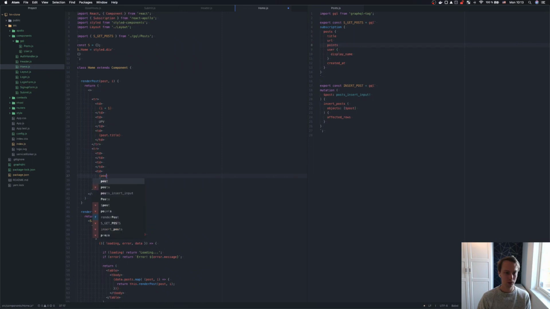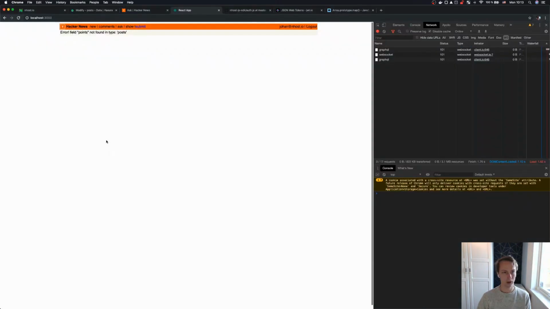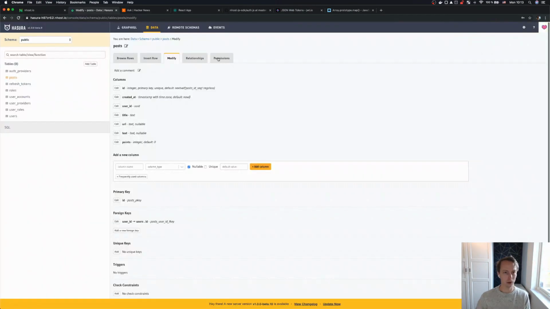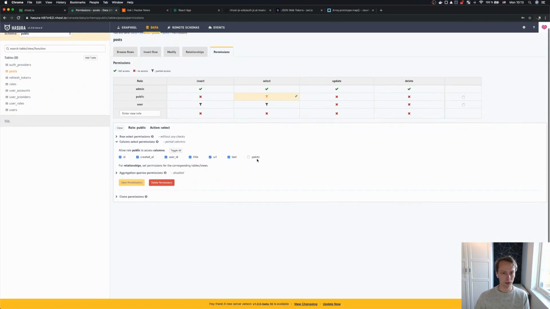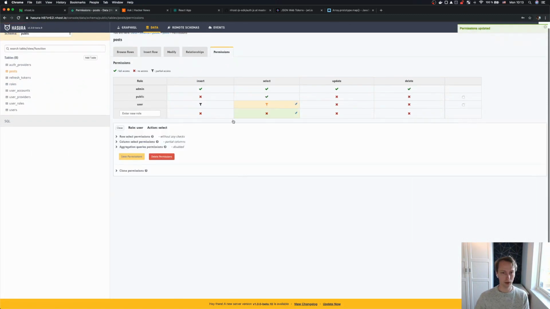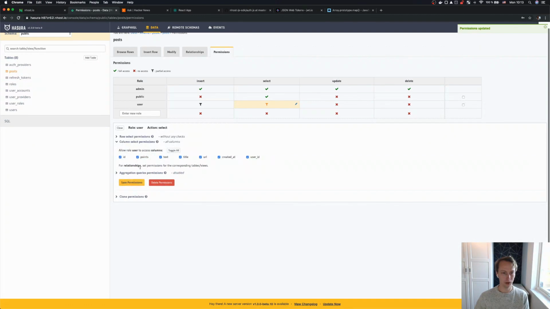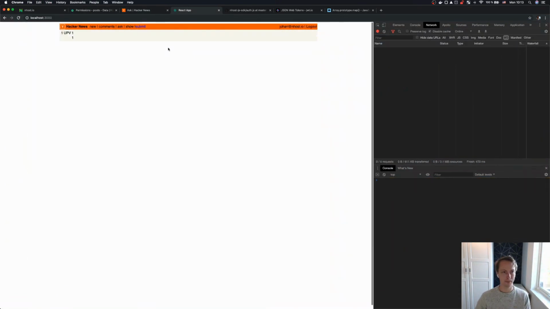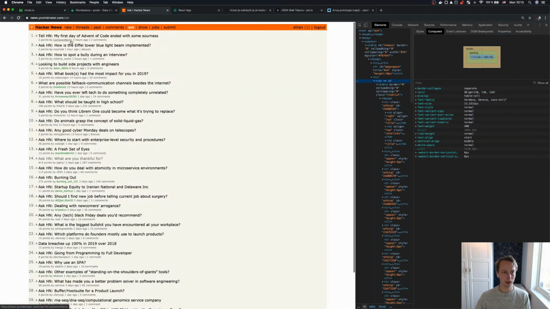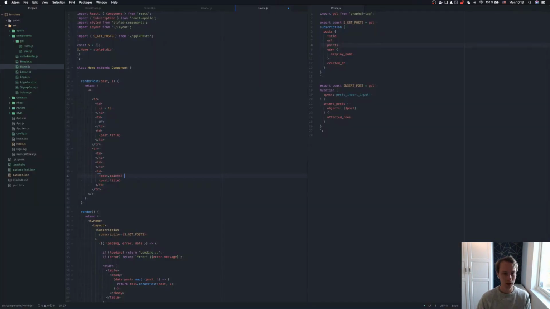So post points. Points not found. Okay, we need to add it in the permissions. Select column points, save the user, points save. Points by, and then the username. Points by link,